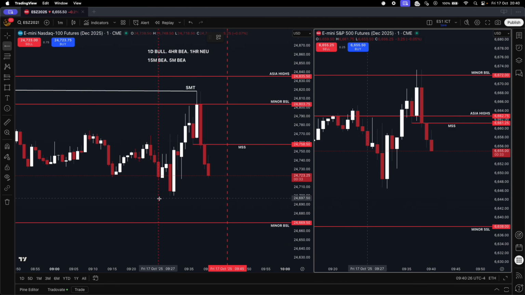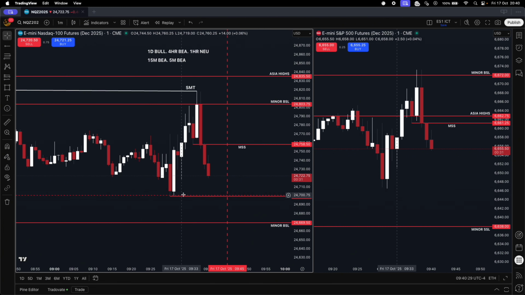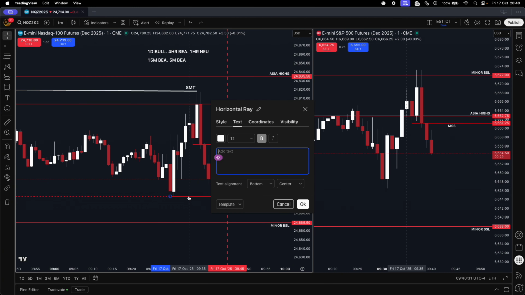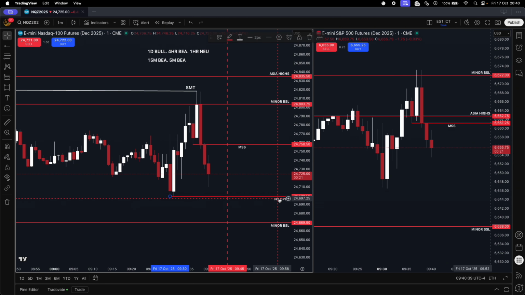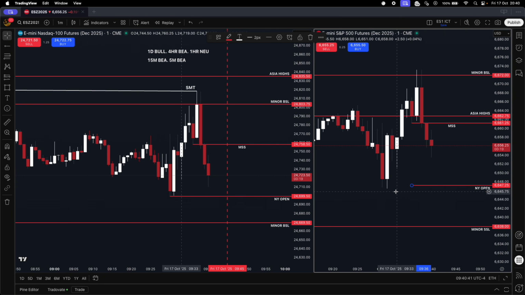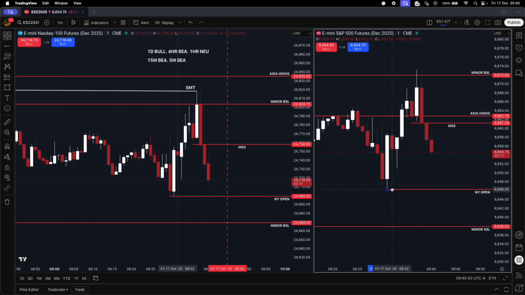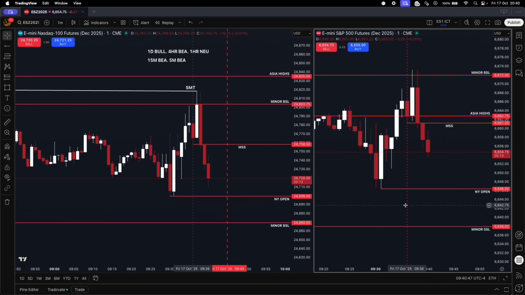The New York Open is the draw, right? So if that gets taken, this trade's invalidated, which could very easily happen. Like, it either does or it doesn't, you know. It's out of our control. We're here to do our job. And the New York Open low is essentially this low on ES, so I'll just leave it there. That's the two same draws.